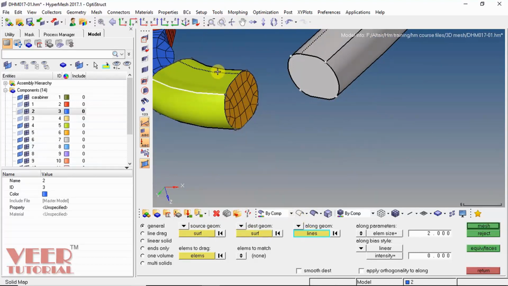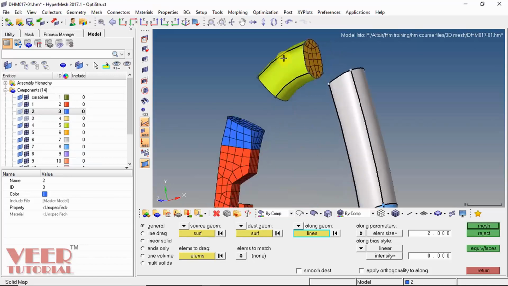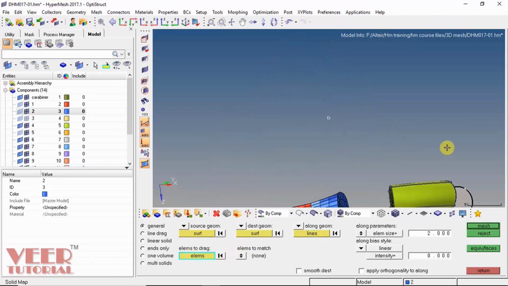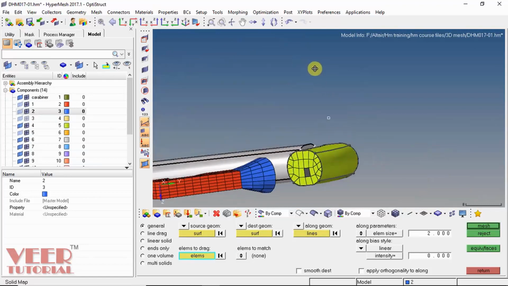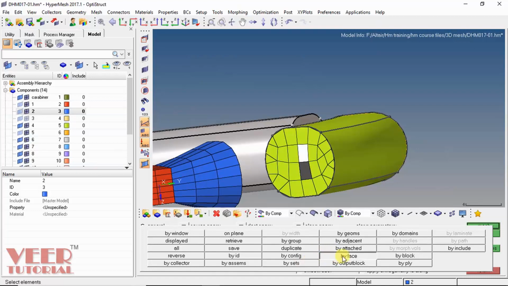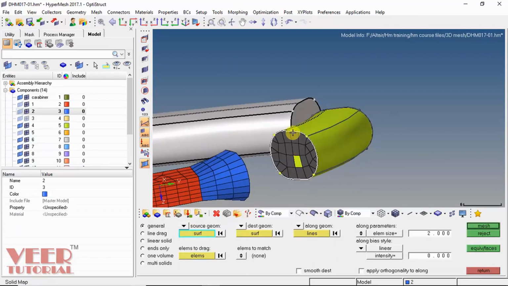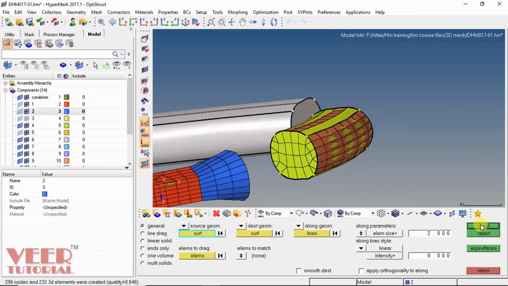Along line, select all the lines. Select this line, and then elements to drag. We have to drag the elements that are connected. So select this element, click on by face in the source geometry. Okay, then select the surface and click on mesh.